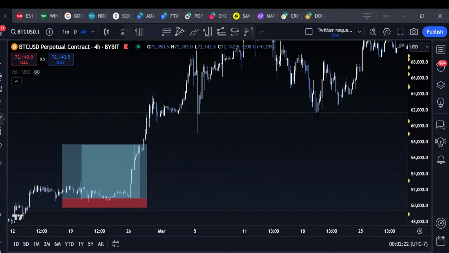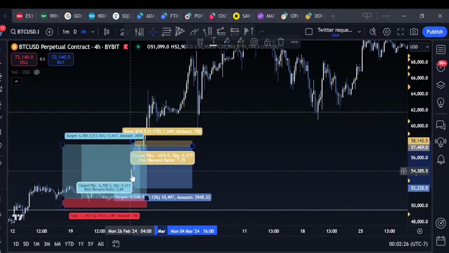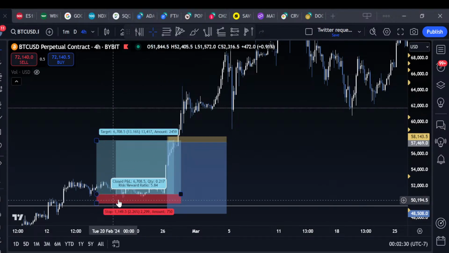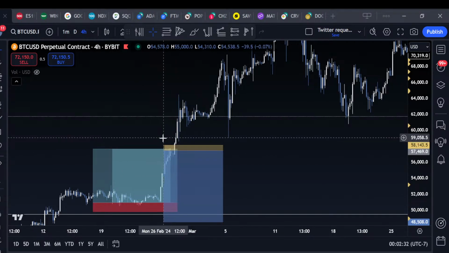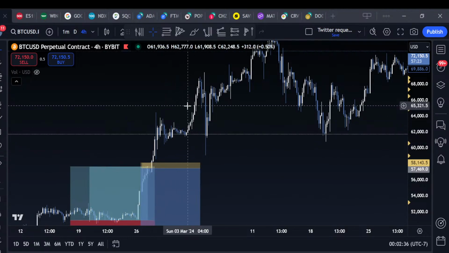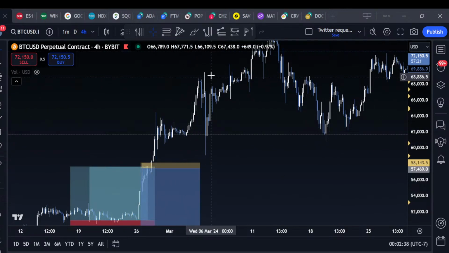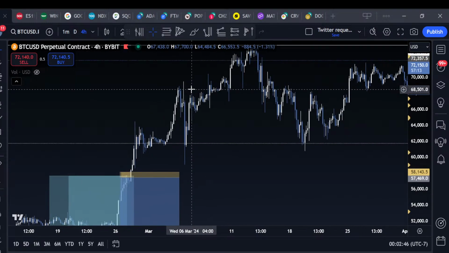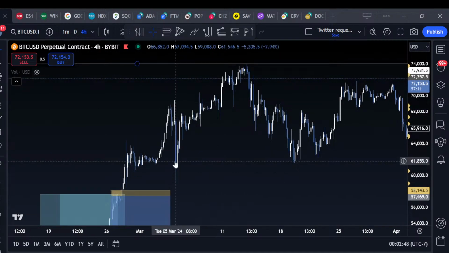For me, this short setup looked like this. And I got stopped out running beautiful longs. And then what do I do? I just flip back long. And I end up with longs, longs, longs. Take profit on the failed rejection. You can go watch this live stream if you want on my YouTube. I did it live and I shorted this live. And then after this, long, long, long.